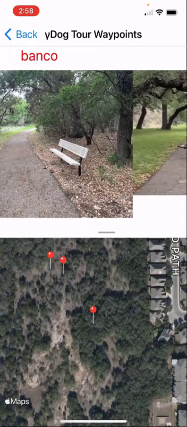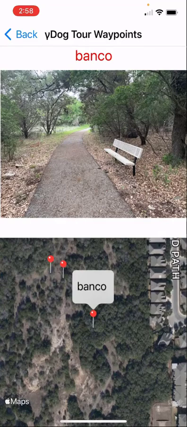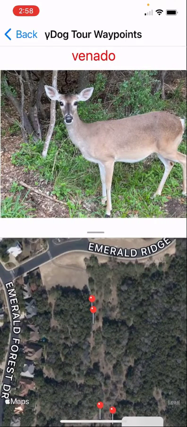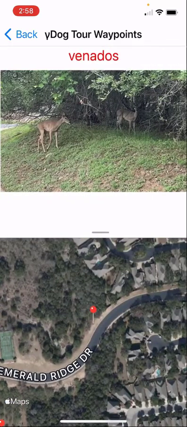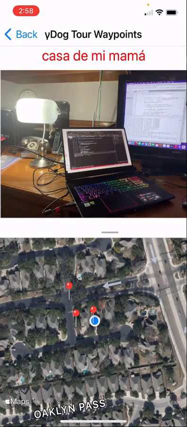And now if you actually tap down here on the pen, it'll show you the title that you gave that waypoint. And here is a turkey and a deer and a couple more deer. And now we're back home. We're at the front of the house again and back in the office. So that's how you take a tour of your waypoints. Once again, if there were audio recorded with these waypoints, you would hear that audio in addition. Okay, so